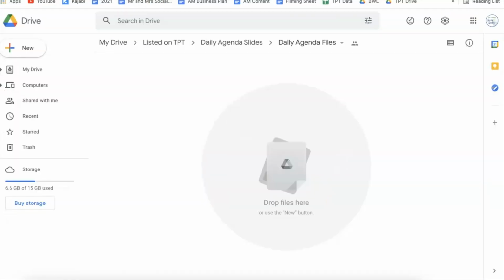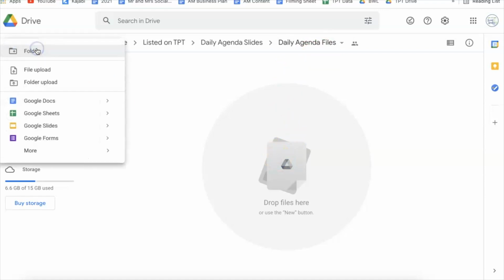You've got your official template that you're going to get when you download any of our resources, and then you're going to have each month or quarter's agenda slides. So with that, in my Google Drive, I actually created a folder just called Daily Agenda Files, and that's where I'm going to keep my agenda files for each month that I use each day. So I'm going to just click